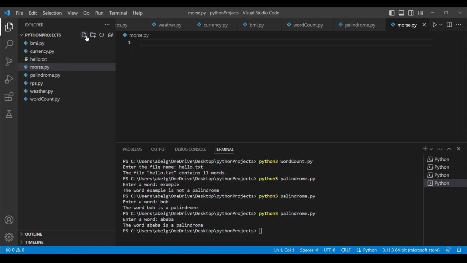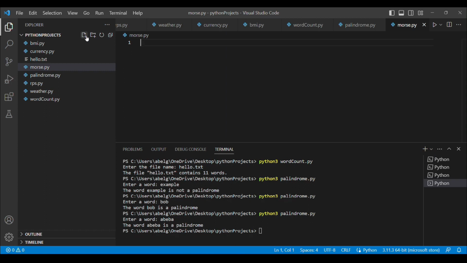Then once we have our dictionary, we're going to have key value pairs. So what are these keys and what are these values? In our project, the keys are going to be the 26 letters and the digits from 0 to 9. So those are going to be the keys. And the values are going to be the corresponding Morse code. So we're going to be using this dictionary. And once we've created our dictionary, we're going to take a message from the user. That message is going to be what is translated into Morse code.